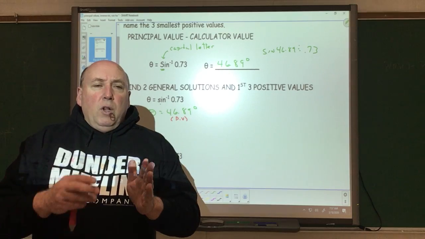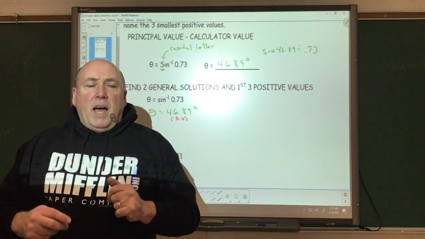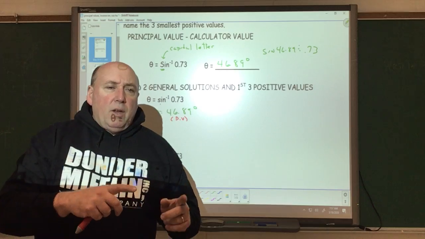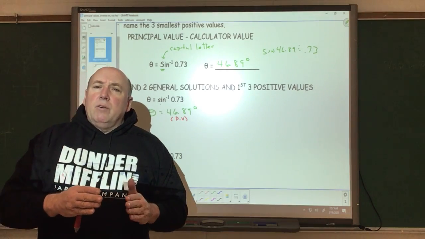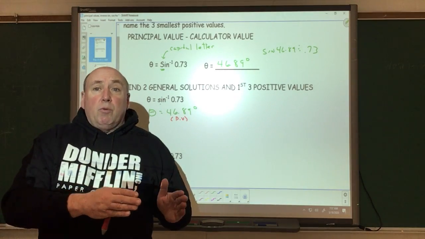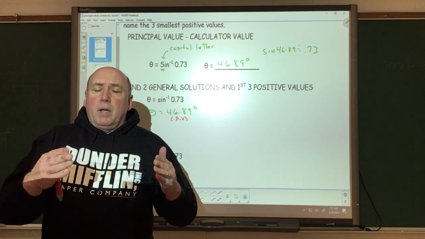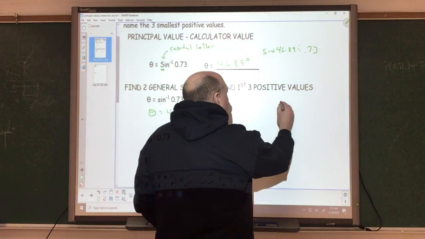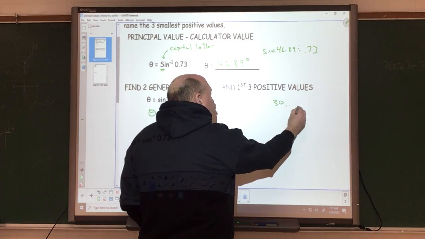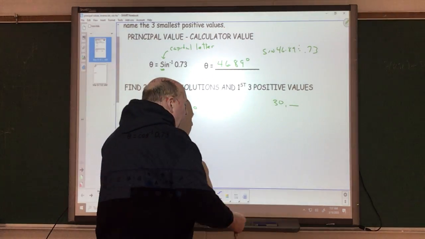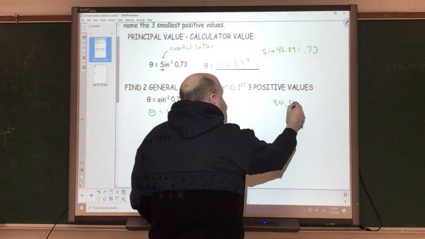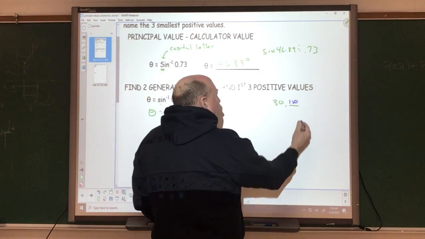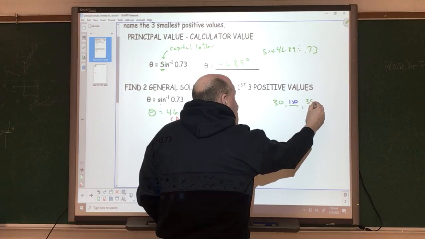If we looked at every other value, we can add 360 degrees, or we could subtract 360 degrees and come up with another value. Where we had the value of 30, then we had a value here which was 150, then we had a value here that was 390 degrees,